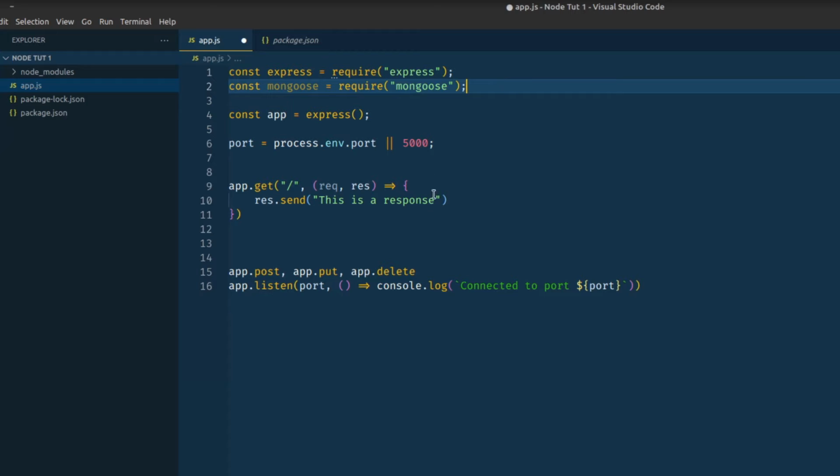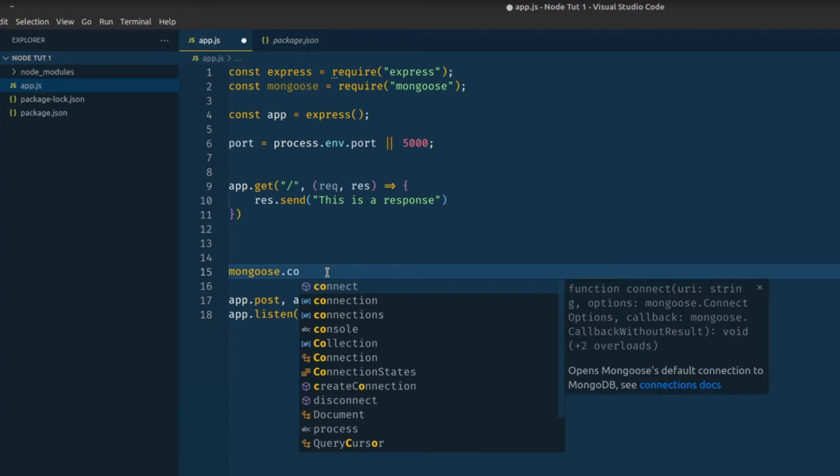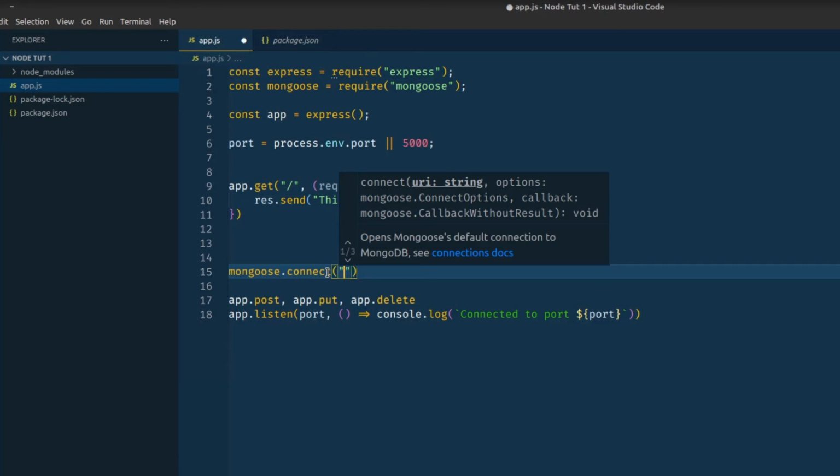Okay, so now that we have created a constant, what we need to do is connect to the MongoDB database that is running in the background. The same way it is listening to a port, this Mongoose needs to connect to its original database. Now to connect, we need to write mongoose.connect, and we need to connect to